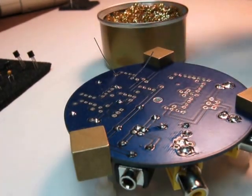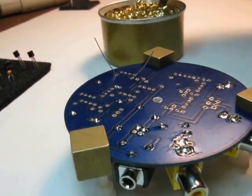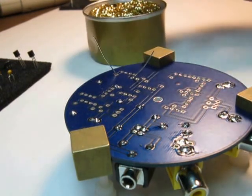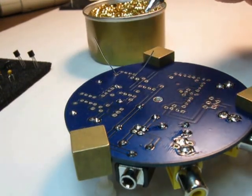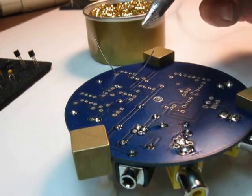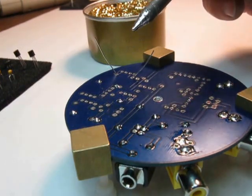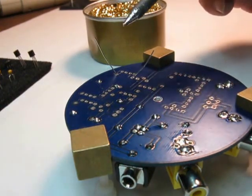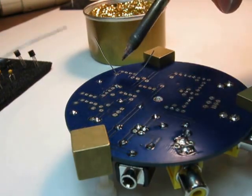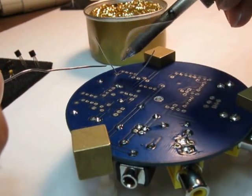Soldering technique: you should always make sure your tip is clean. If I have one part or 5 parts, it doesn't make any difference. I always clean the iron first. Add a very small dip of solder, and now that forms a little puddle at the end of the iron, and that puddle is what I'm going to use to put on both the part and the pad. I'm going to add just a little bit more. You try to get the iron